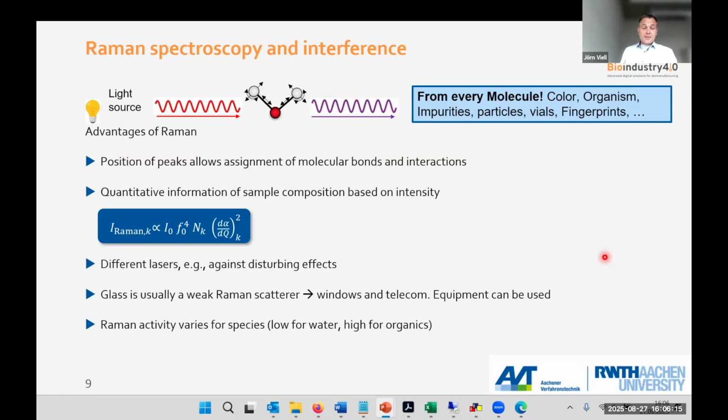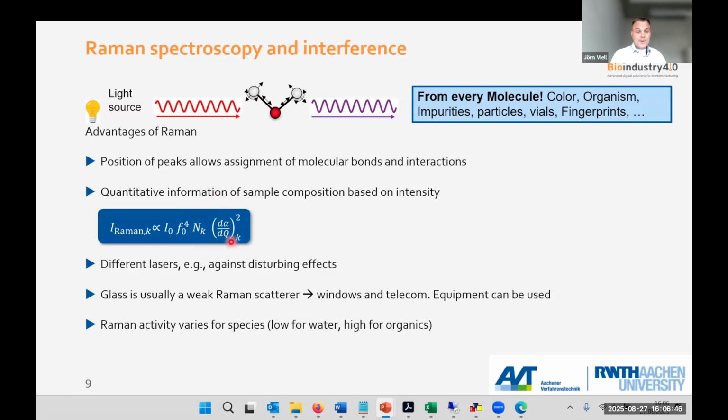So we see in the following formula that the Raman intensity is proportional to the incident light that comes from the laser and also to the frequency. Higher frequency, thus lower wavelength, would create a higher Raman signal, but unfortunately also usually increases fluorescence. But then, similarly as with NMR, we have the proportionality to the number of molecules here,